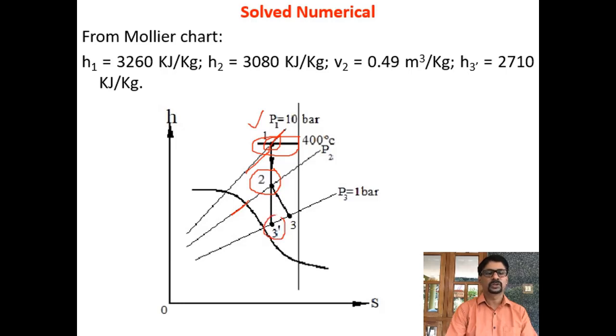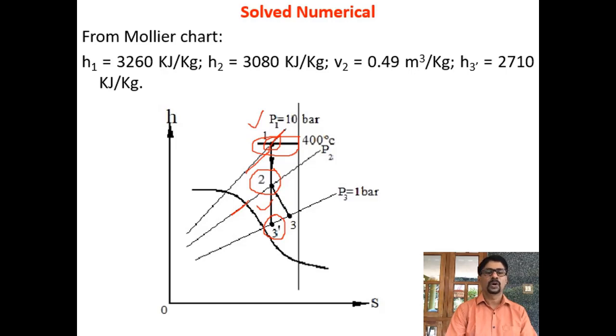Now 2 to 3 dash represents isentropic expansion in the diverging section. Now I have to come to this. See, 1 to 2, that is entry to throat, is the converging section, whereas 2 to 3 dash is a diverging section of the nozzle. So here he says nozzle efficiency is 0.92 and whatever the losses are taking place in the diverging portion.